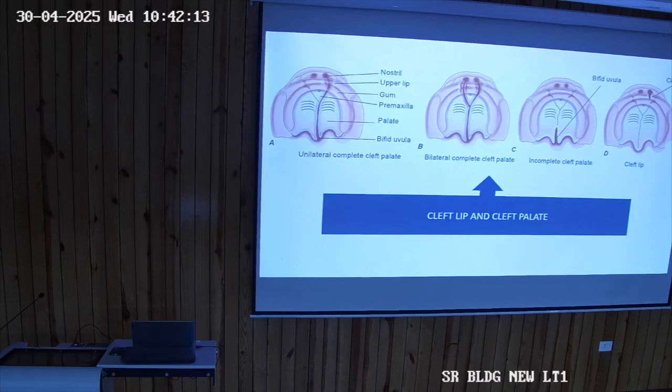Cleft palate is mostly accompanied by the cleft lip. Cleft lip, if there is a midline cleft lip, it is because of non-fusion of... If you have understood the lecture, yes, I want to ask a student from this side. Cleft lip, okay, if it is at the median, in the center, so it is because of non-fusion of which part? Yes, it is non-fusion of the upper lip. We will not talk about the lower lip, only the upper lip.